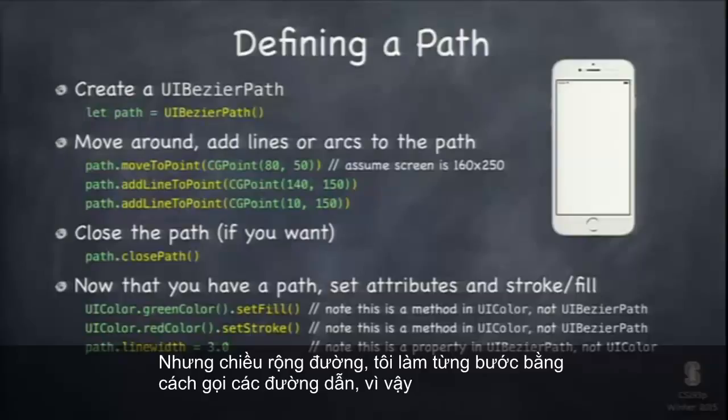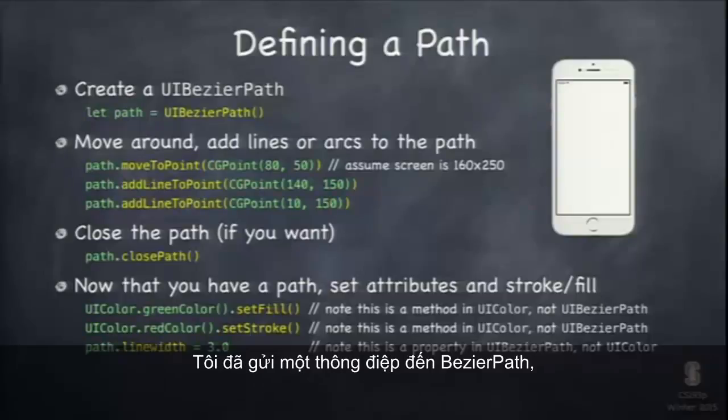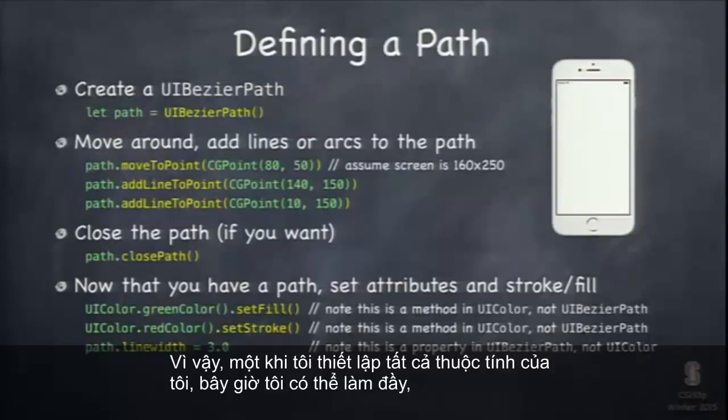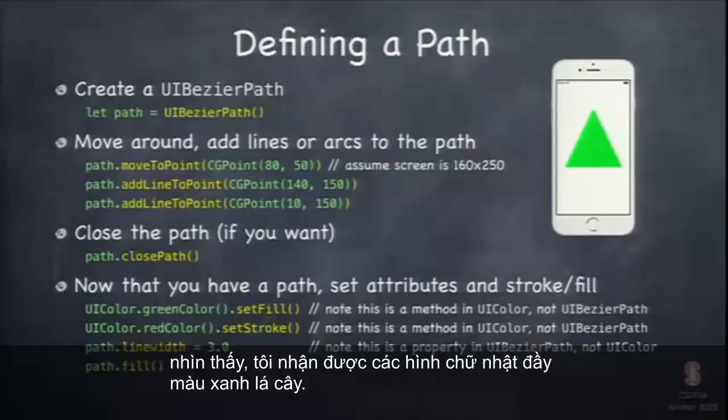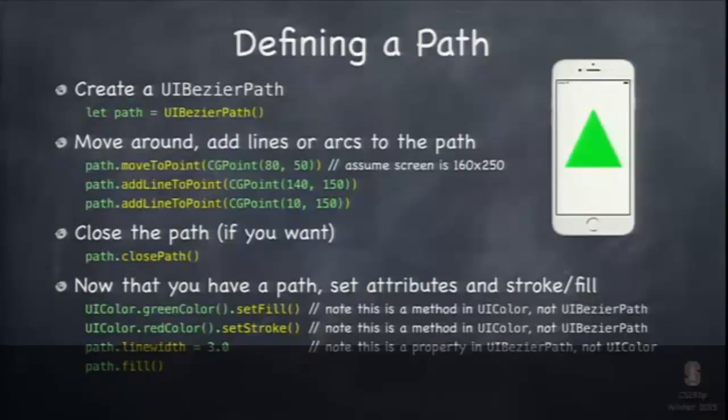But line width, I do set by talking to the path. So I send a message to the Bezier path, set line width to 3. So once I've set up all my attributes, now I can fill, for example, by saying path fill, and see, I get the triangle filled in green. Or I can say stroke, and it'll stroke